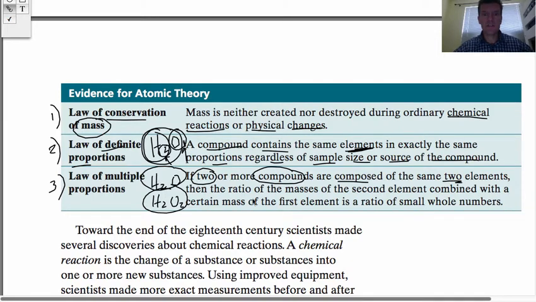The ratio of the masses now, of the second element combined with a certain mass of the first element, is a ratio of small whole numbers. Okay, and I'm going to show you an example of this in a little bit, and it'll make a little more sense. Okay,